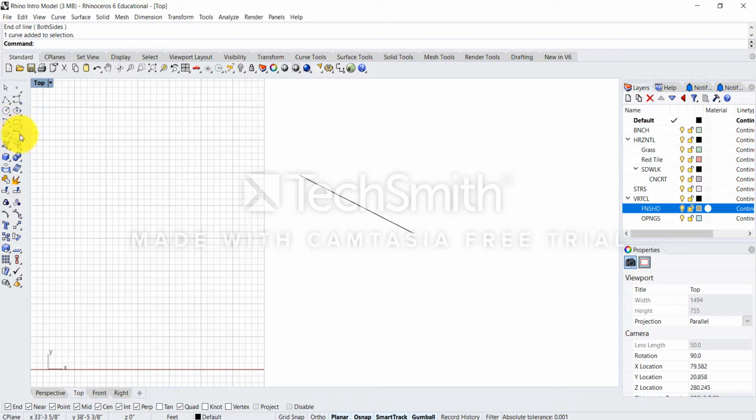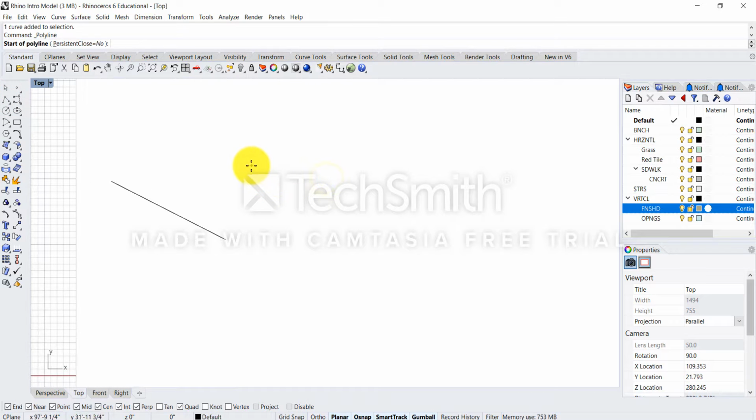Now, you can start recognizing those from how they look graphically on your menu. All of these right here that don't have this shaded blue are curves. So I'll go through them. A polyline,